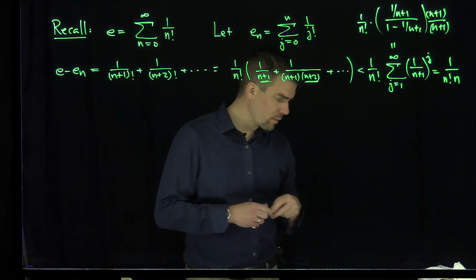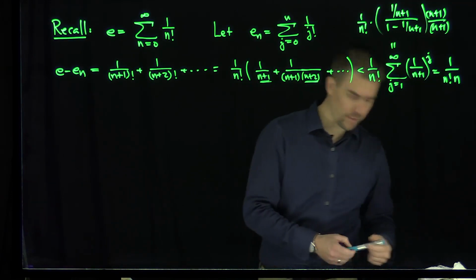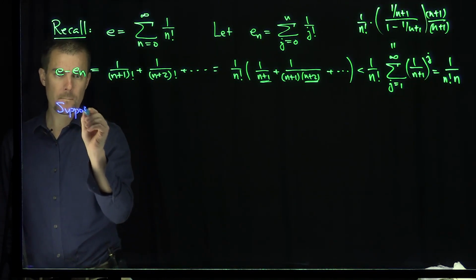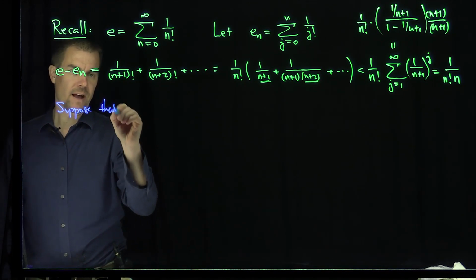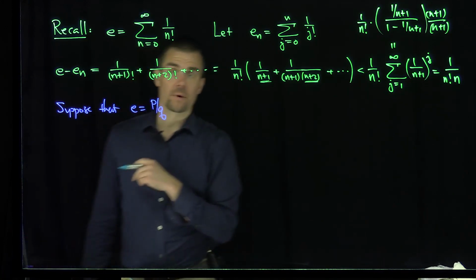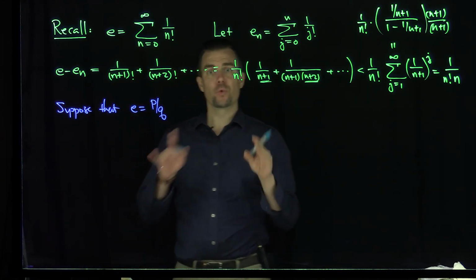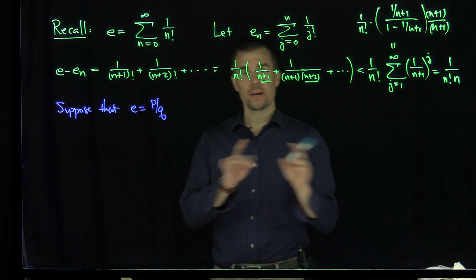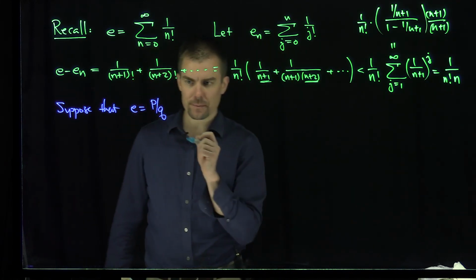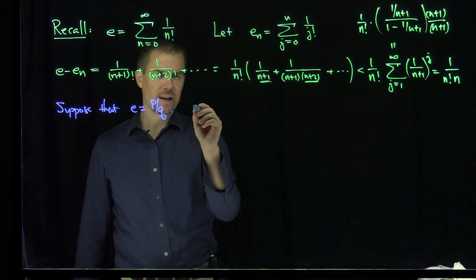Now, I'm going to prove that e is irrational by contradiction. So let's suppose that e is p over q, a rational number. Now we know that e is between 2 and 3, so e cannot be an integer. We know that for a fact, so e is not an integer, which is good. And so then what we'll do is we'll say, then